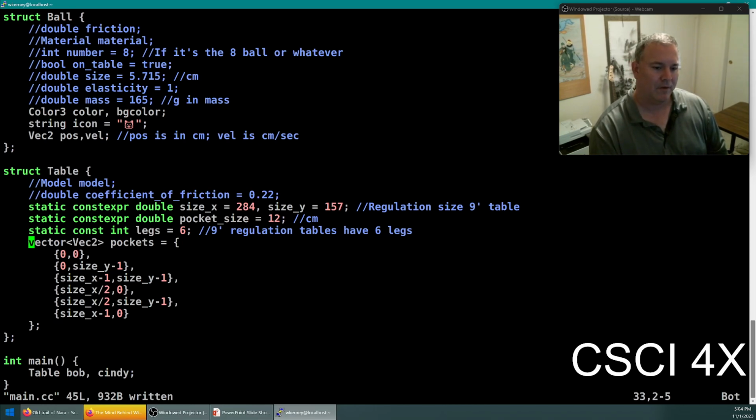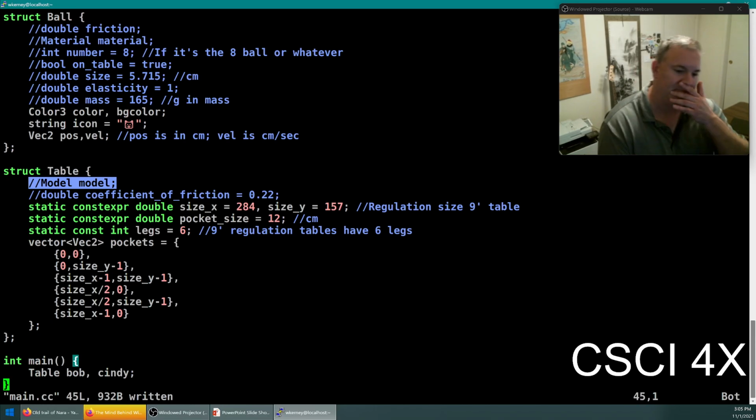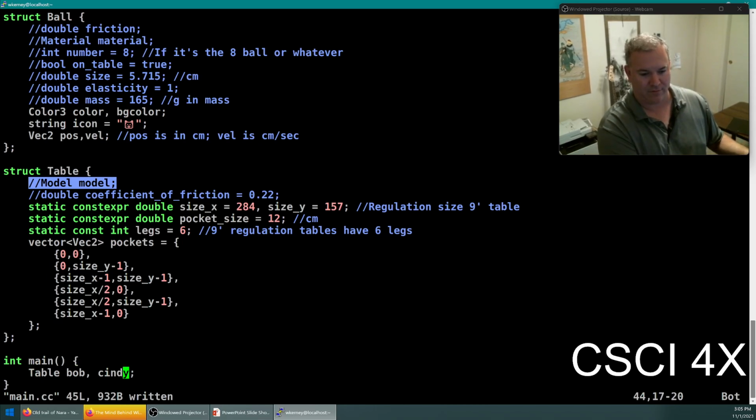Okay. So got the size of the table, legs of the table, pockets. The actual appearance would be held in this variable we're not using because we are in text land. Okay, so now we could figure out like a draw function or something, right? We haven't learned member functions yet, so